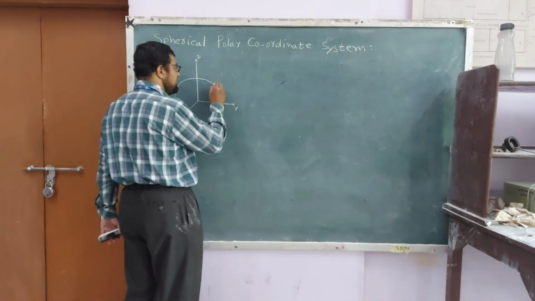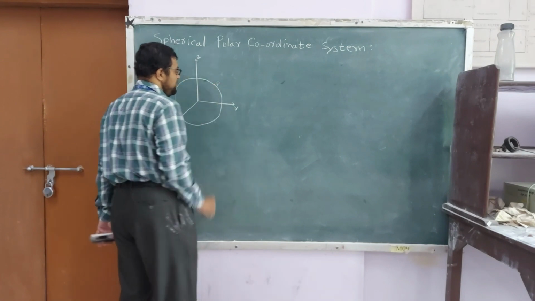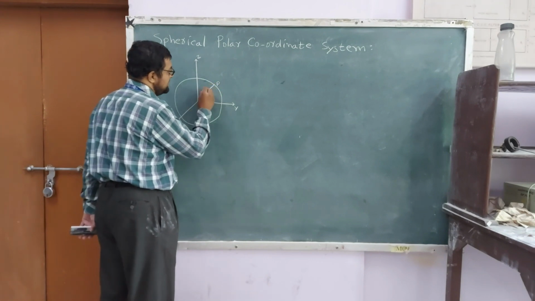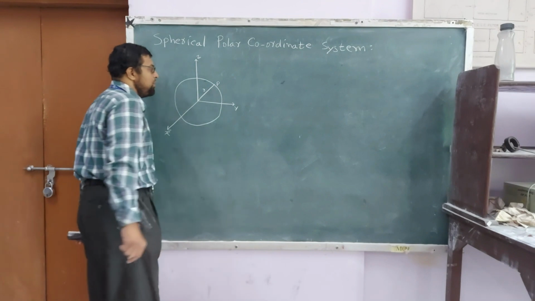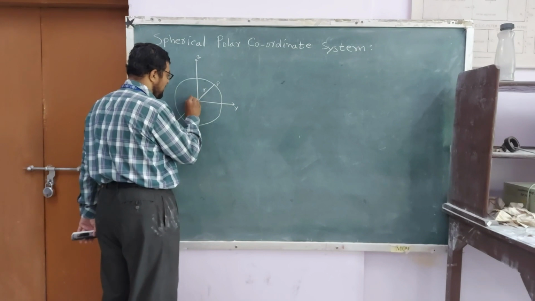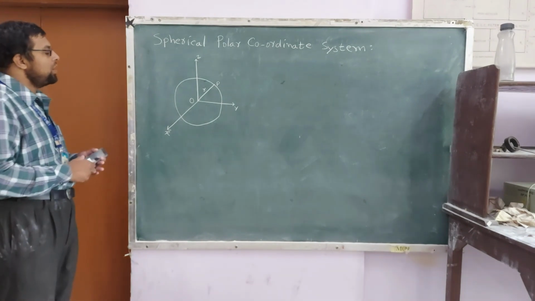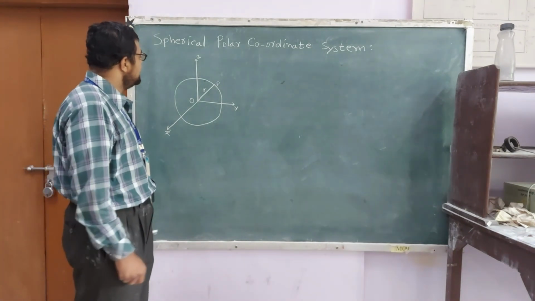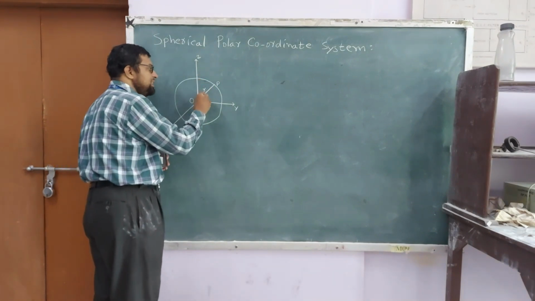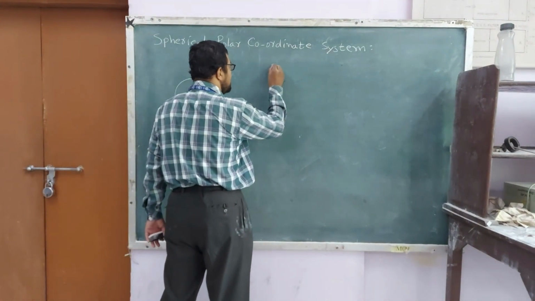Now any point on the surface of this sphere will be say here capital P, and the radius of this sphere, that is r. If it is in the form of vector, we will write down r bar, but now I am considering this to be a distance, so I will write it as r. So this is one of the coordinates, radius of the sphere. Then the second coordinate we have to consider is nothing but theta. So if we consider a cone formed by this over here, that will make an angle theta over here. So I will draw that in a separate diagram to clarify it in a better way.